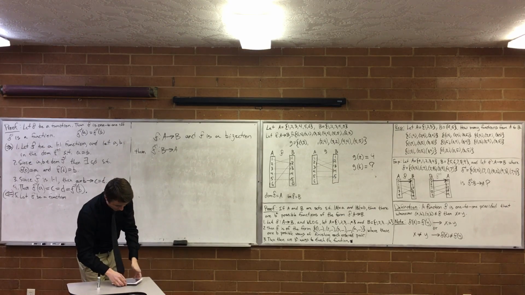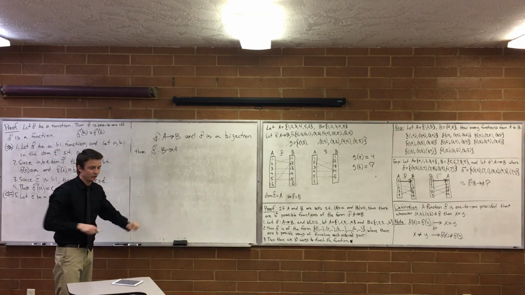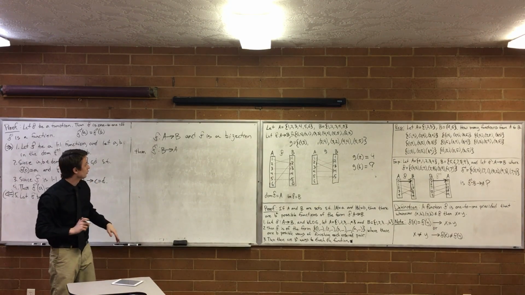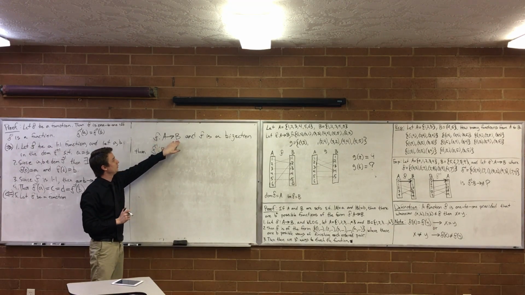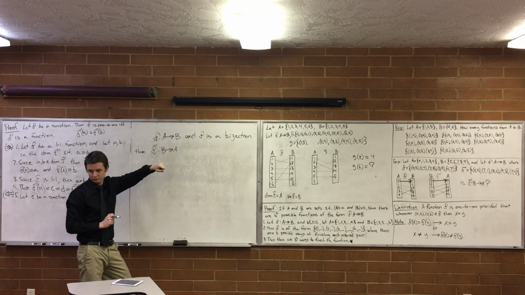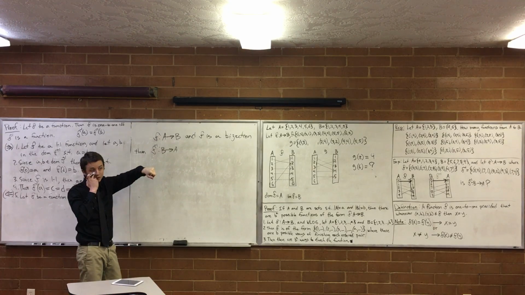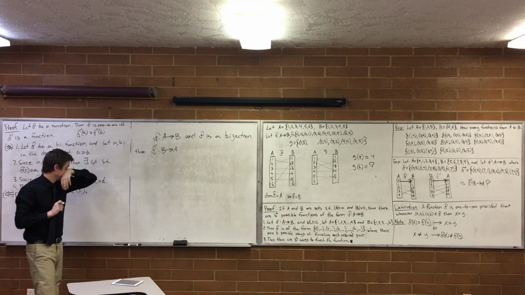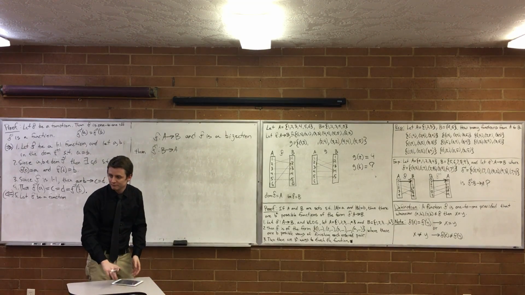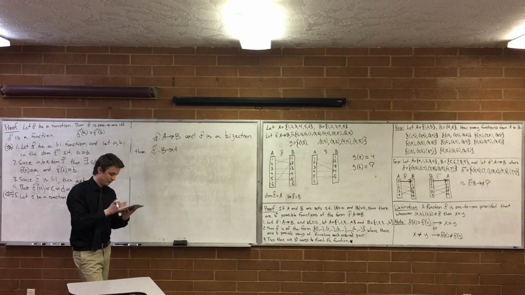And then one more thing that a bijection enables us to do is determine if two sets are the same size. So if I have f from A to B and it's a bijection, that means that the size of A is equal to the size of B. If they're both infinite, they're the same size, kind of. They have the same cardinality is what we say.